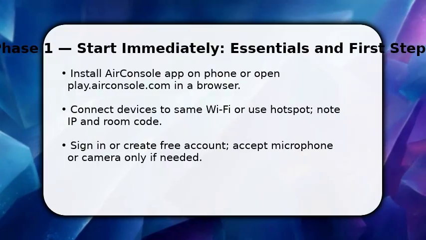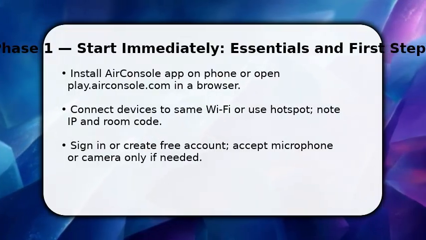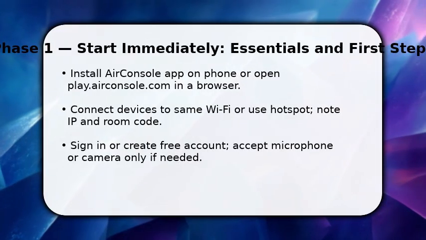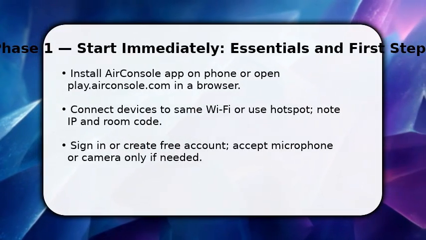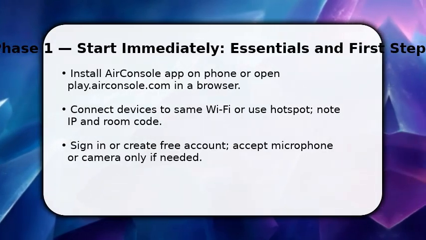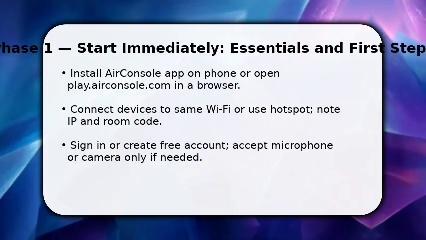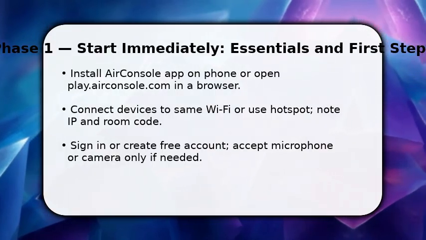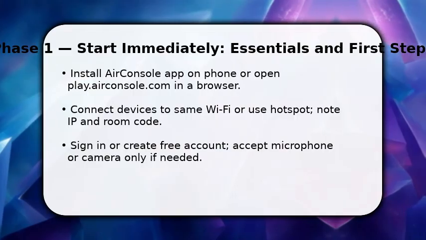Enjoy the video. You start by getting devices ready. Open the Airconsole app on your phone and the website on the TV or PC. Connect both to the same Wi-Fi or use one device as a hotspot. This ensures low latency. Once done, look at the screen for the 4-digit room code and enter it on your